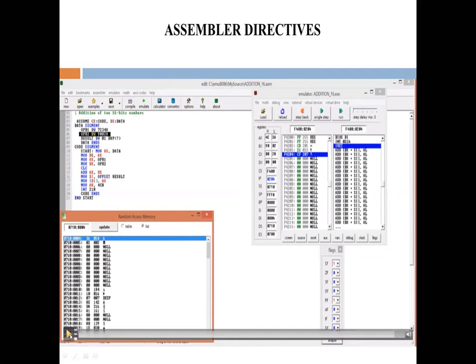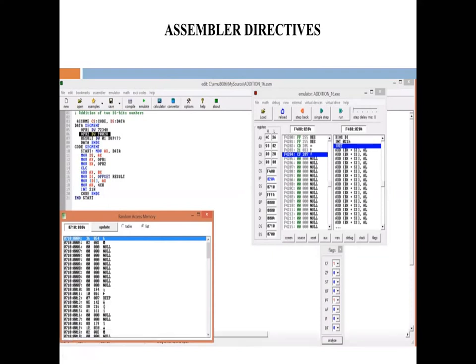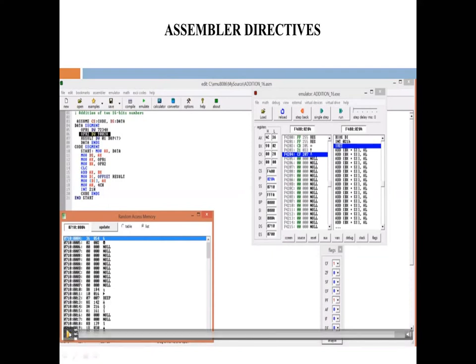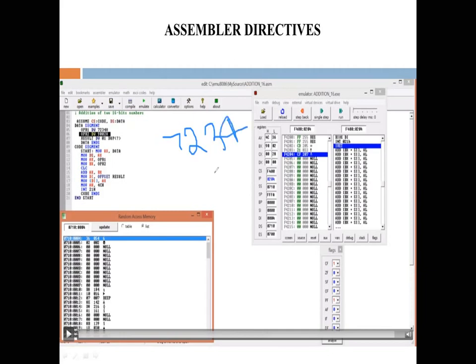Now we verify this result by adding these two operands manually. We add 7234 and the next operand 9002.